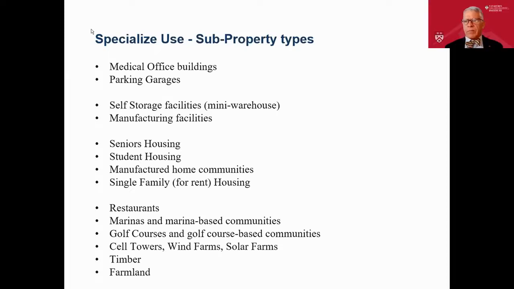And RV parks, are they part of the manufactured communities? Because sometimes they can be more hospitality than housing. So the manufactured home communities are, in most cases, just where you have a mobile home or a manufactured home that's put on site, and you literally tie it down and it's not going to move. An RV park, and there are a couple of REITs that do these, would fit into the hotel category because it's short term. People stay for 1 or 2 weeks, or possibly a month in some cases. But that's more of a hospitality type of property.